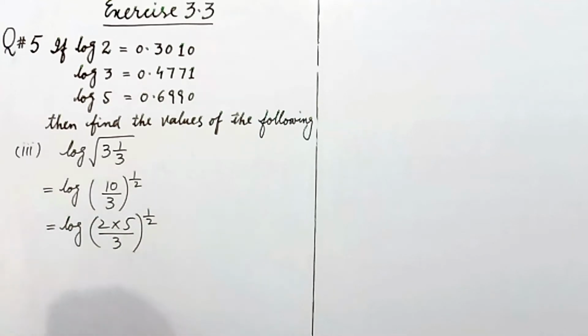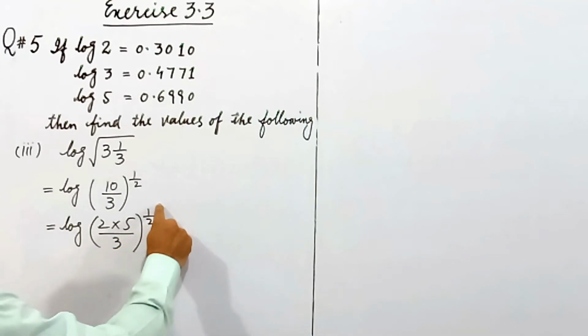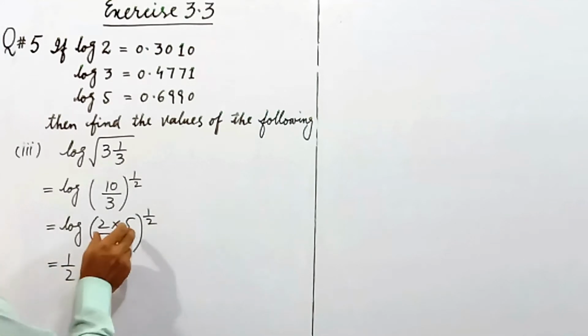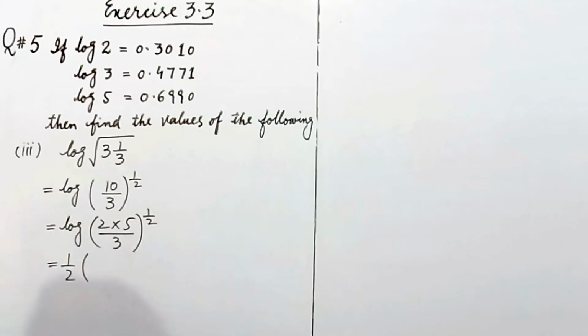Now we have a very interesting situation, as we go through the process of applying the laws of log collectively. In this we observe that 2 into 5 over 3 has a common power 1 over 2. It means we apply the third law of log, and hence 1 over 2 will be the common coefficient, so we apply a bracket. In the numerator we have log 2 into 5, so we apply the first law, and as the value is in ratio form, we also apply the second law of log.